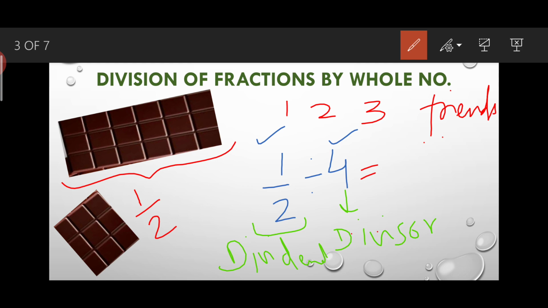so whenever you have to apply division in fractions, simply take the reciprocal of the divisor. That is, you will write half as it is, you will convert the division sign into multiplication, and you will write 4 as 1/4. Is that clear? We have just changed the division sign to multiplication, and we have changed 4 into its reciprocal, that is 1 upon 4.